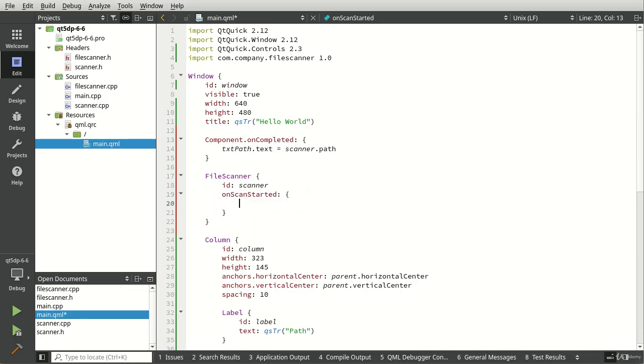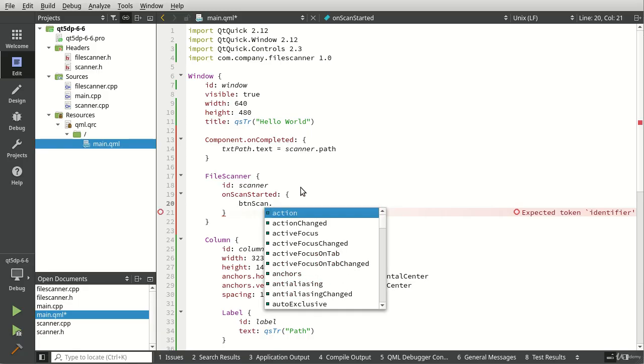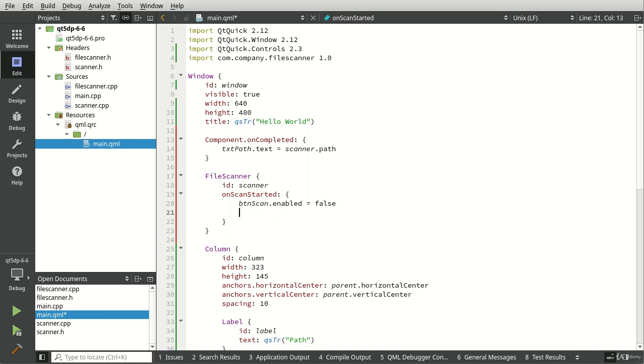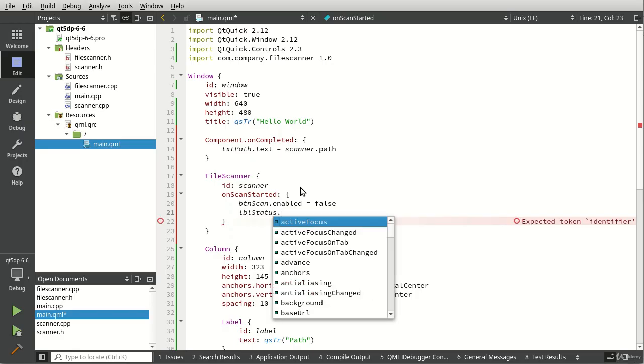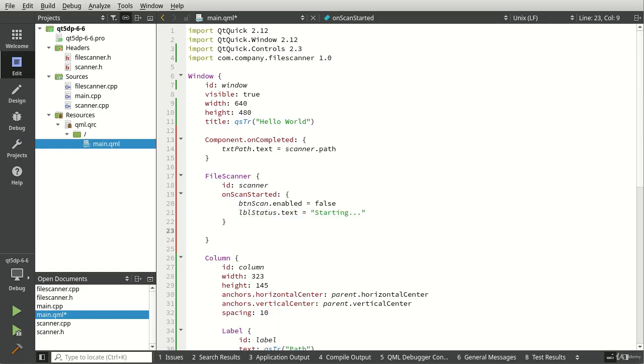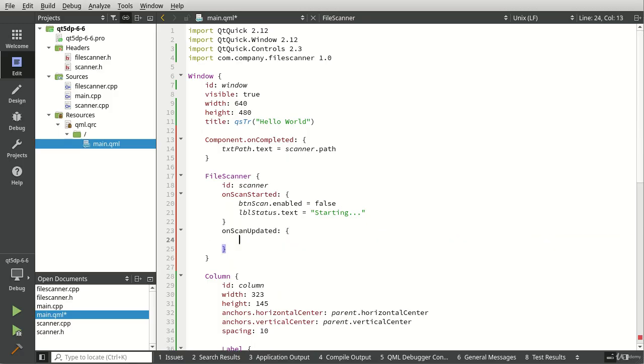I'm going to say buttonScan.enabled equal false, and then I'm going to say lblStatus.text equals "Starting", and then we can just grab this because we're going to use it quite a bit. And then on scan updated, "Scanning",